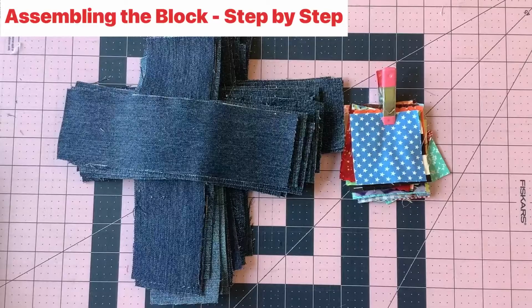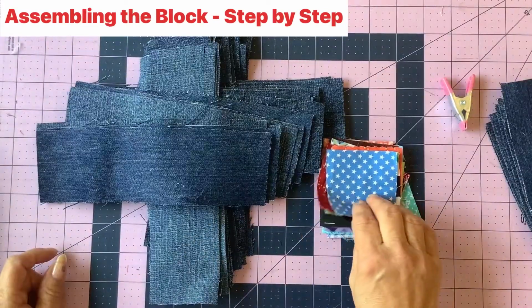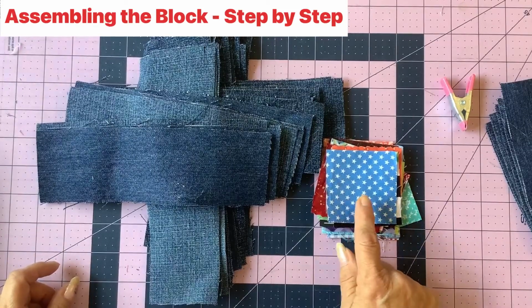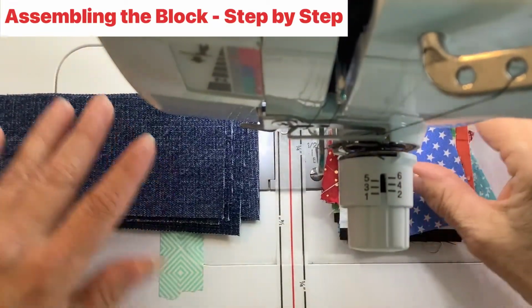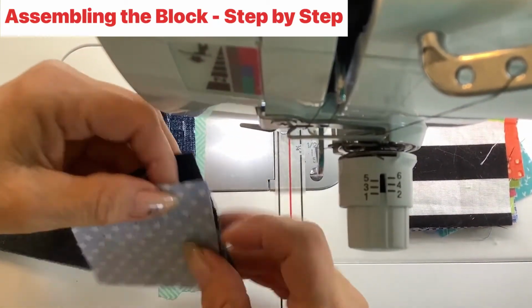Then it's time to sew the sashing posts to the row sashing. I just went through and put them in random order, only making sure that I didn't have the same 2 colors, one right after another. Here you can see I have my sashing strips stacked up and my sashing posts stacked up. All I'm going to do is take one, right sides together,